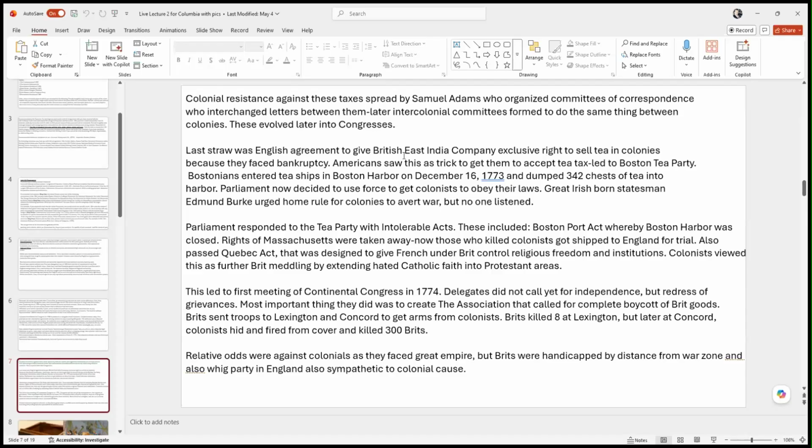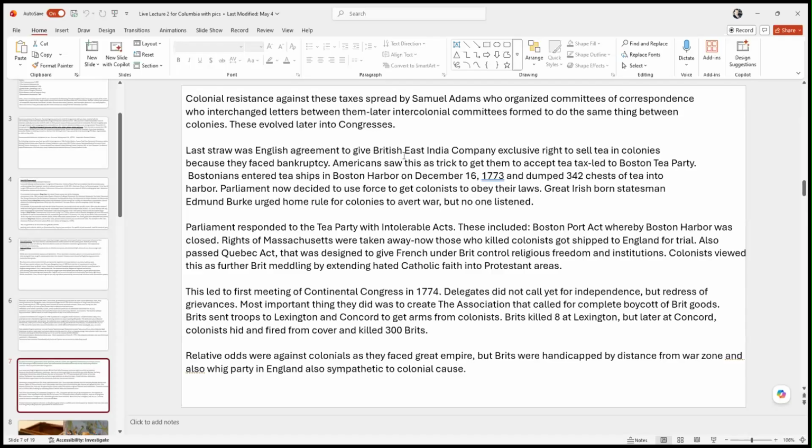And if you looked at the odds, it didn't look really good for the colonists. The British Empire up to that point was the greatest empire in the history of the world. They didn't have the biggest army, but they had one of the best armies in the world, one of the most professionally trained armies in the world. They had the biggest navy. So militarily speaking, it didn't look very good for the Americans.